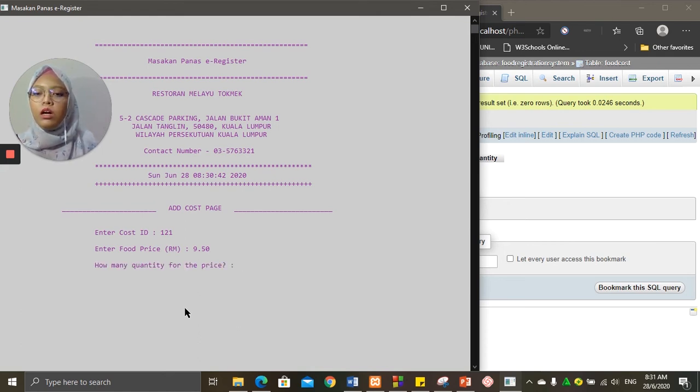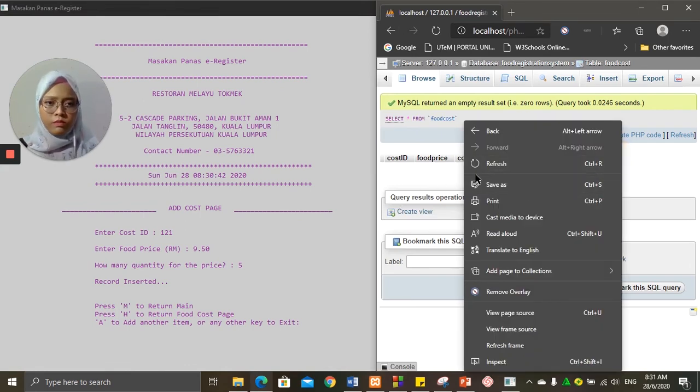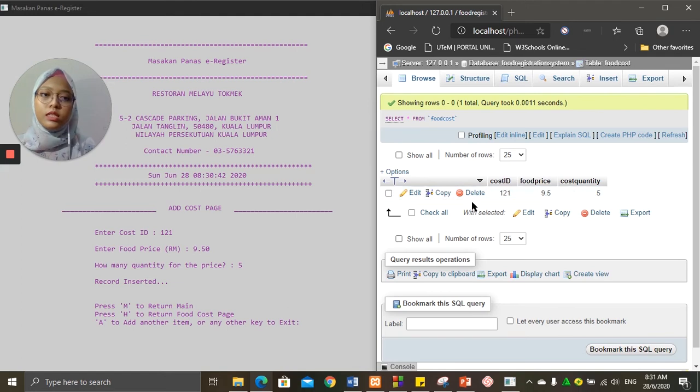How many quantity for this price? Maybe just 5. It says record inserted. So we refresh the database and the details are already available under food cost table.